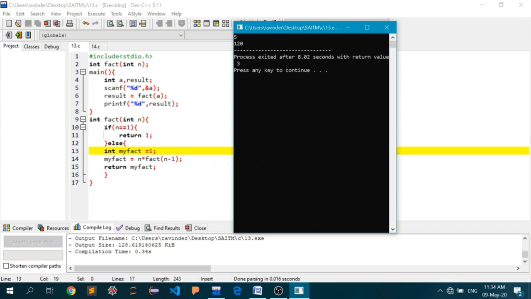So now 4 is multiplied with whatever value is returned by this function fact, and this time I will insert an argument 4 minus 1, that is equal to 3, and this will go on until the value of n becomes 1. Okay, we have discussed this whole process in detail in yesterday's lecture, so if you find yourself confused, you can anytime go back and watch that particular lecture to refresh your memory.